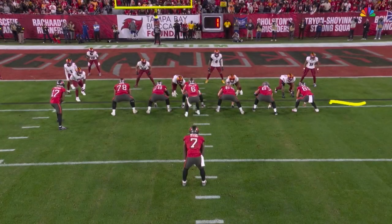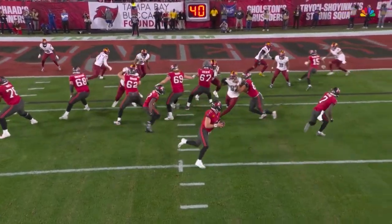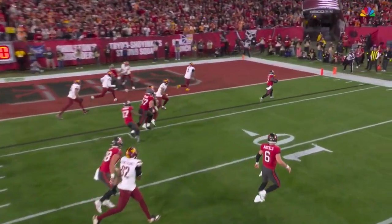Watch Jalen McMillan come in here and point to the guy that he is going to pick and make bounce around. He knew exactly